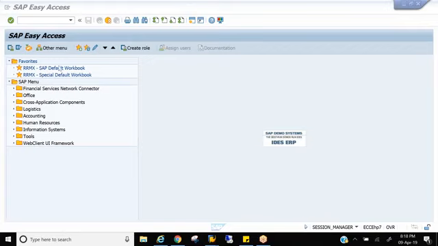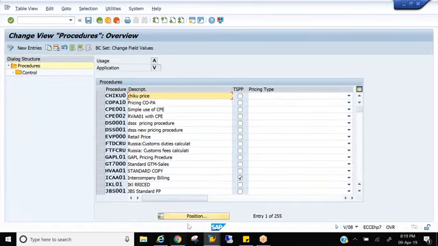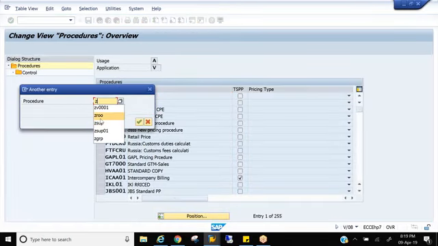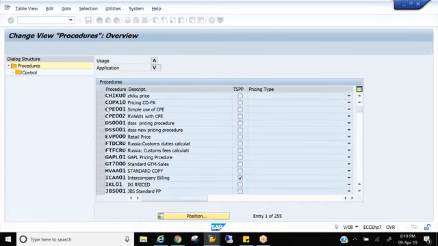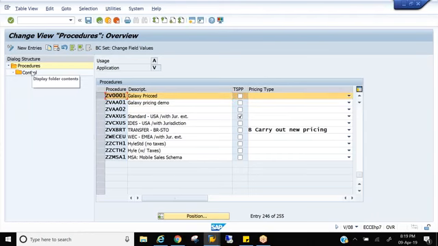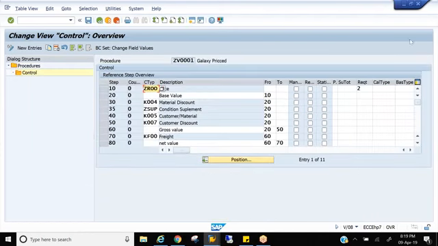Yeah, let me go to V/08. See, formulas you'll put here.